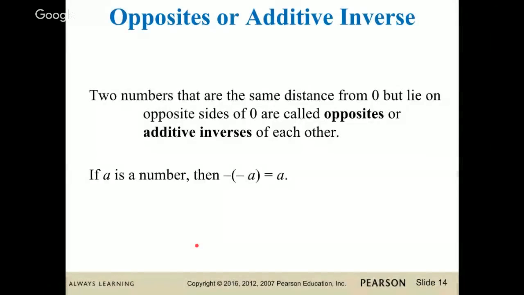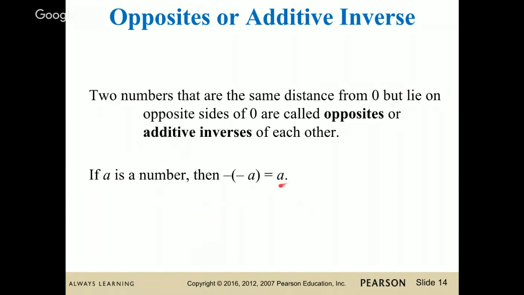All right, finding the opposites of things. So if you think about this on a number line, an opposite is going to be the same distance, but in the other direction from 0. Right, so if you have a number line, same distance, other direction from 0. If you want to think about this algebraically, if a is a number, then the negative of a, -a, will be